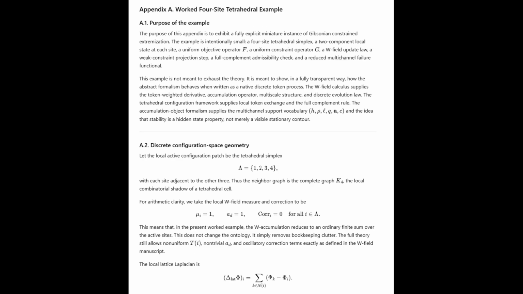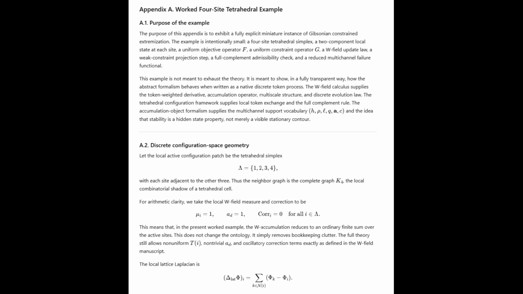Yes. In classical physics, an optimum is often just an algebraic stationary point. The mathematical derivative hits zero, it flattens out, so we declare we found the stable valley. Right, job done. But Gibson is arguing that an optimum cannot be judged merely by hitting a mathematical flatline. The visible object is only one projection of its deeper state. A rendered extremum has to be a stable, discrete accumulation object. Which means? It must be judged by whether its hidden structural organization, like its shear debt and its cohesion, remains supportable